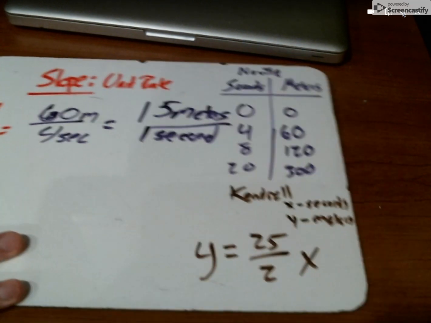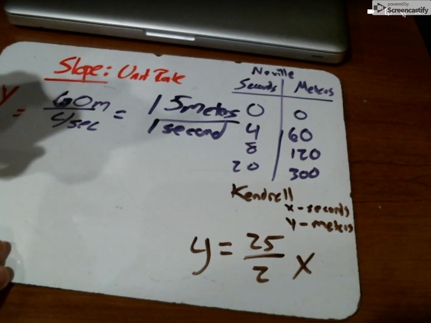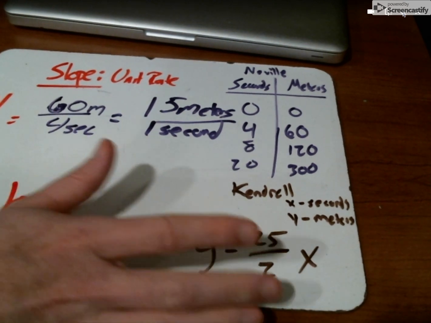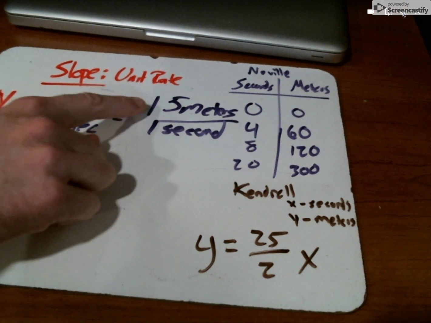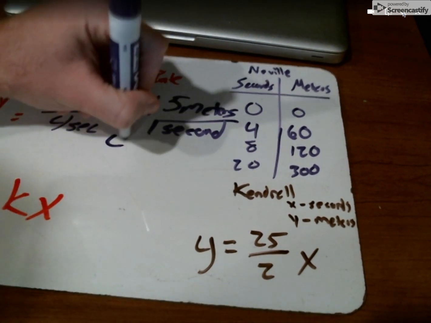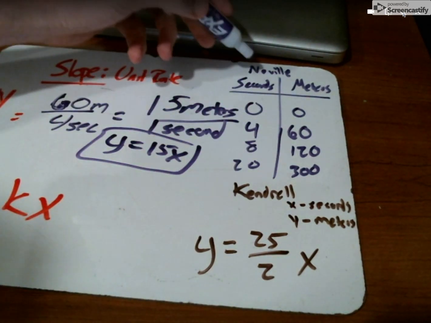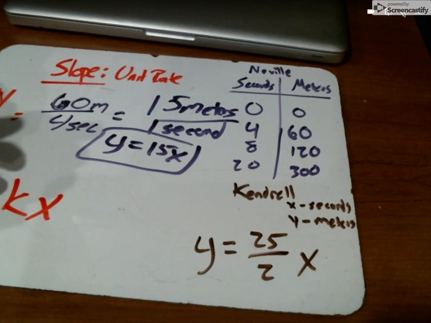When we take a look at Kendrell, we see Kendrell is represented as an equation. His equation is in that y equals kx form, where k is really our slope or our constant ratio. So Miss Neville's equation would have been y equals 15x. If we had thought about her table as an equation, it could be y equals 15x. And that's for Miss Neville. Kendrell's over here, 25 over 2x, is because his slope